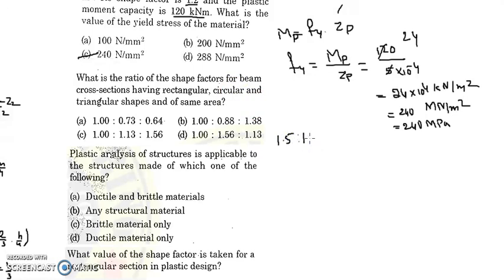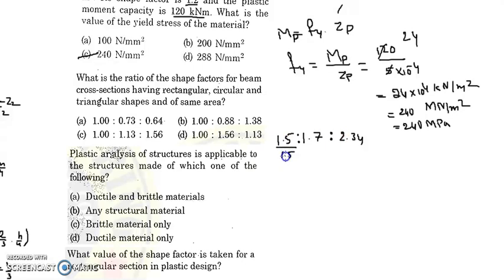It is 1.7 for circular. It is 2.34 for triangle. So whatever may be the area, if all the areas are the same,